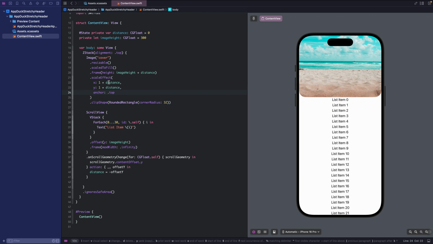I will adjust the scaling since it's too much.